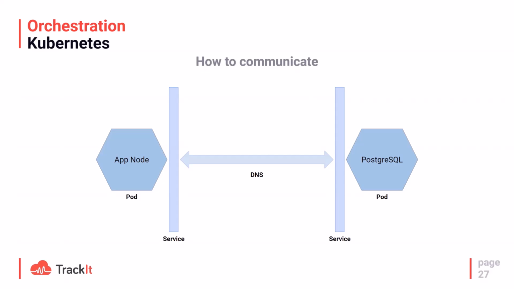And on your node application, you are just going to target the service for connecting. In the Postgres configuration, you say the host name of the database is the name of the service, and the service is going to transmit the message to the correct pods. It's going to handle all the rolling mechanism if you are updating the database and the pod is going to be replaced. The service provides a mechanism that will redirect the message to the correct pod.